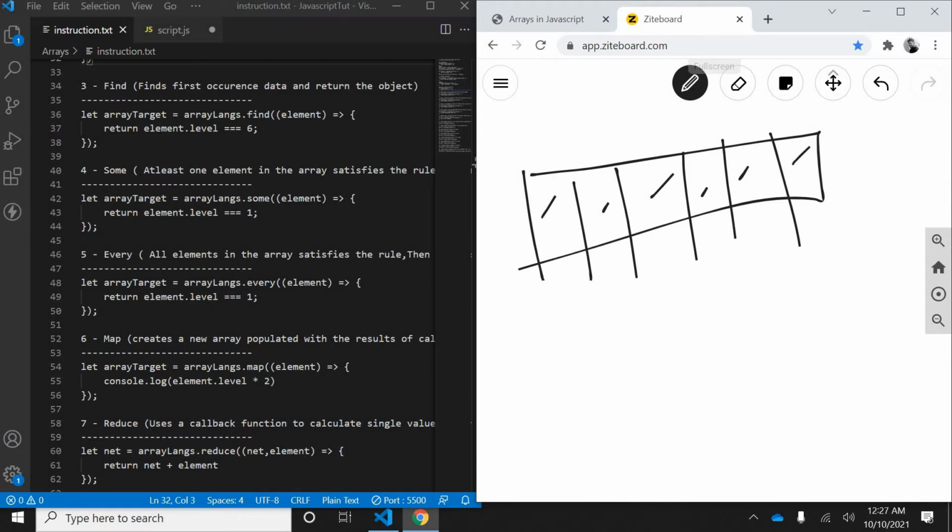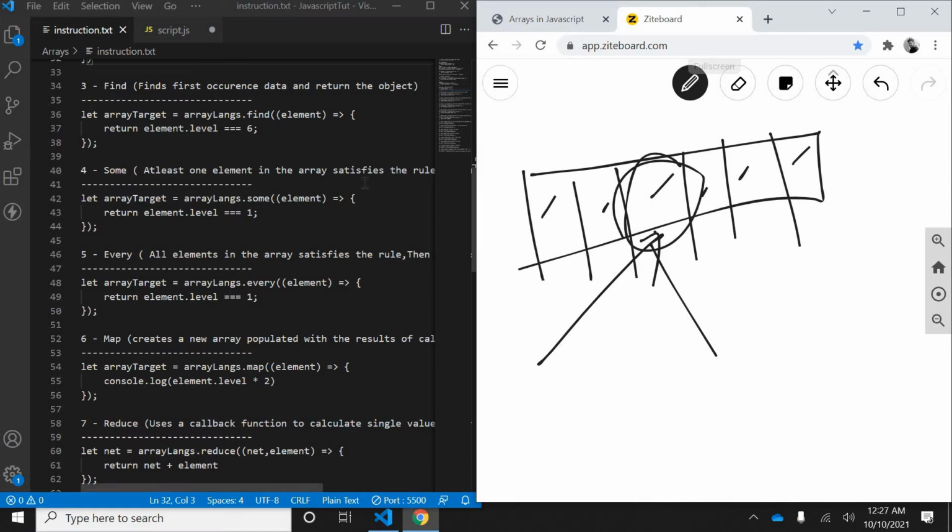You are storing it inside the array, and you want to find the first element, or see if one value is present and return it. Once you search it, if it is there, it will return the object. We'll see that in action.